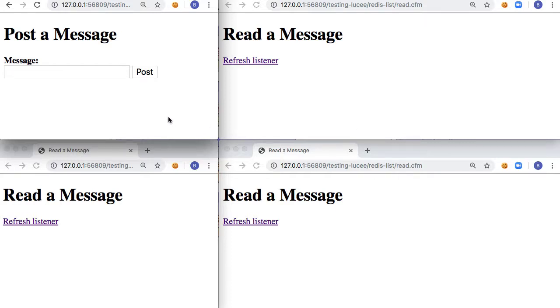So I recently realized that my mental model for Redis list data types was laughably, wildly inaccurate. I kept thinking about them like ColdFusion lists, but they're completely different. They're more like arrays in which each item is a completely isolated and separate value. So to fix my mental model, I created a simple demo in which we have one page here that can